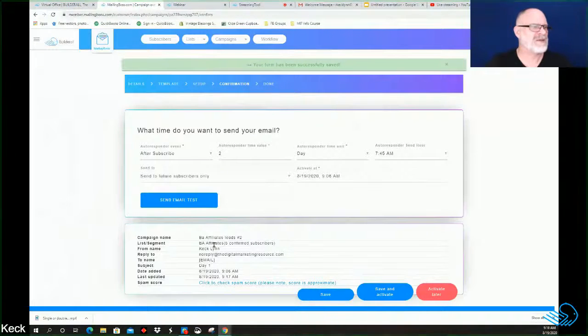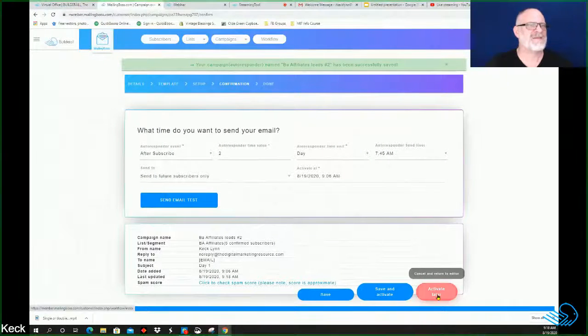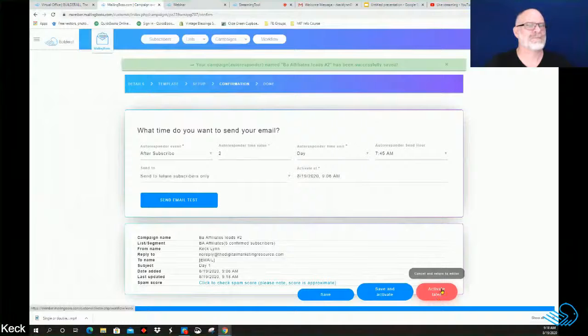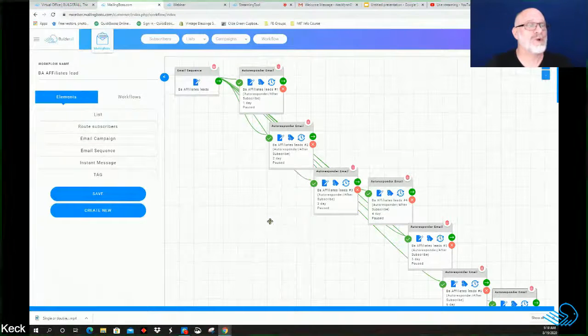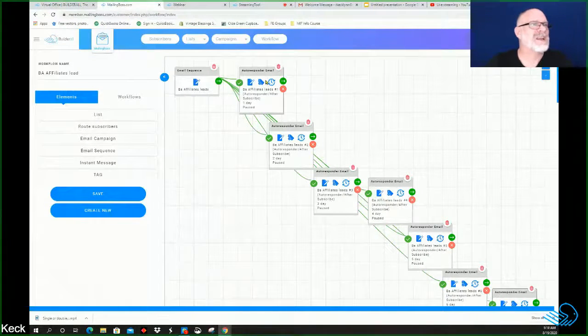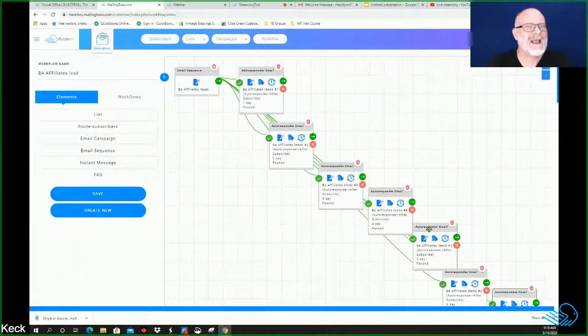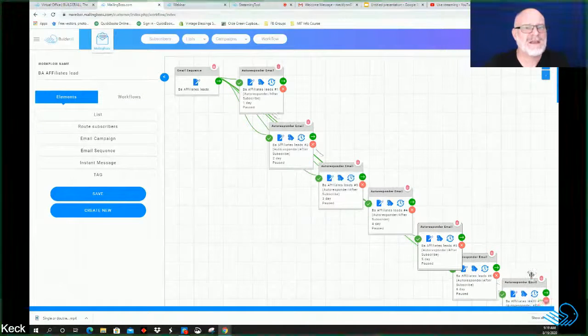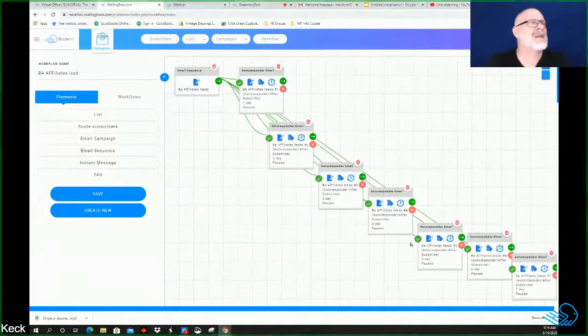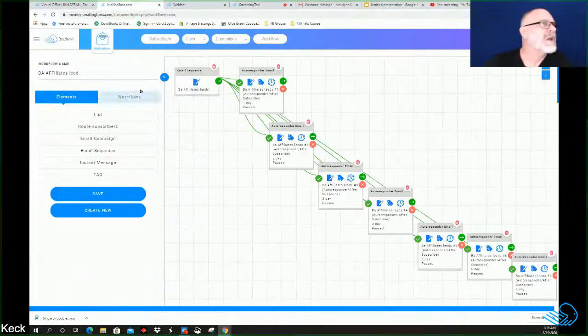And down here, we have all this data we entered. We can say save and activate later. And that takes us back to our workflow dashboard here. So now we've got number 1, we've got number 2 done, and we're going to do the same thing all the way down and just load all these in here. And we'll talk more about some advanced stuff, how to use it tomorrow. But for today, I just wanted to help you get your sequence actually into MailingBoss, load it up,